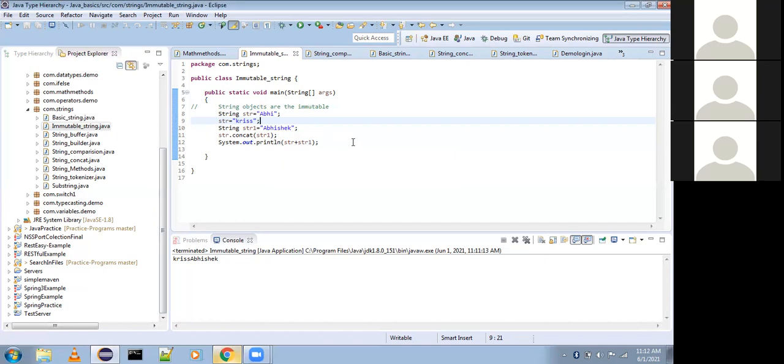So instead of Abhi, Chris is there in the same location. Instead of Abhi, now we changed it to Chris. But it's immutable, right? We can't change it, right? I'll explain in the string pools. If I explain from the memory point of view, you'll understand this one. Why is it immutable?